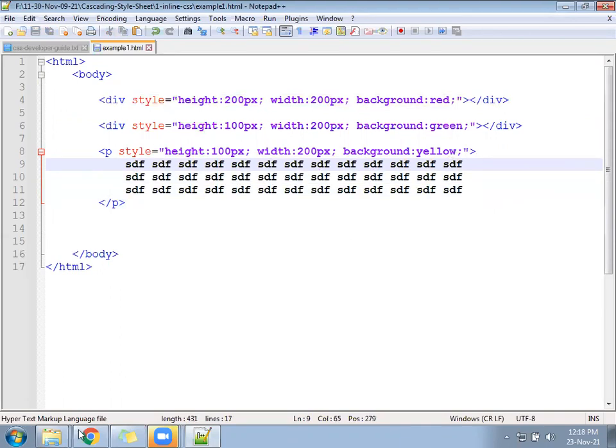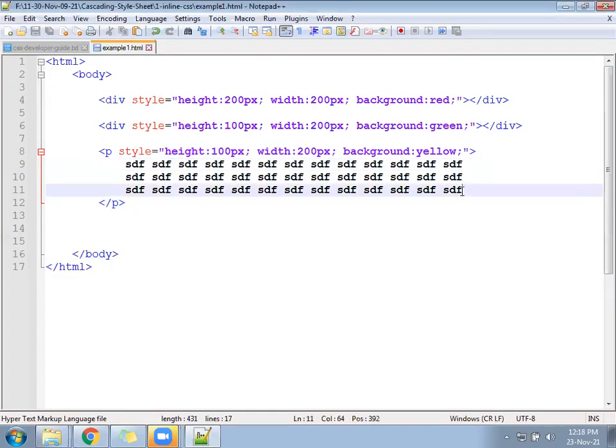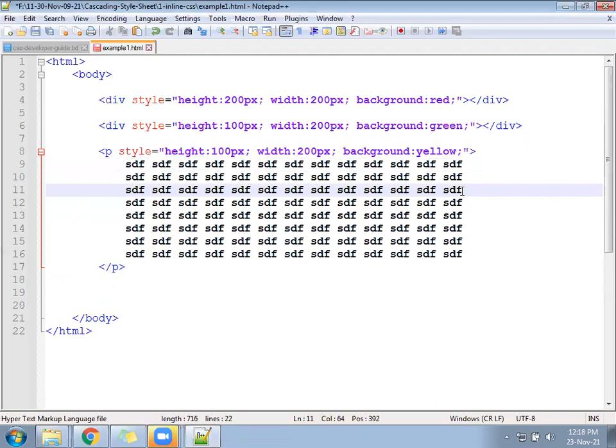Now let me run this file and see how it happens. Our content is fitting properly. Next, a user came and entered bulk data. Now you will see it will go outside. Content went out.